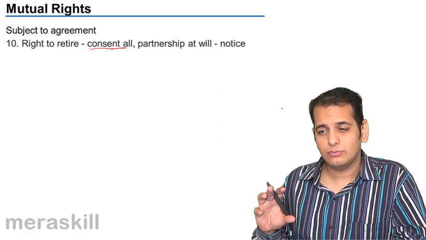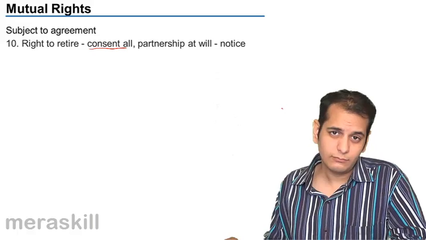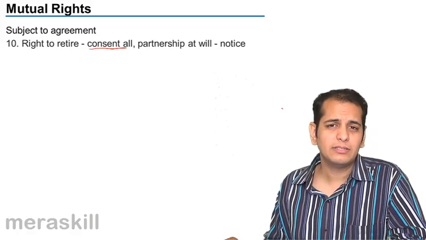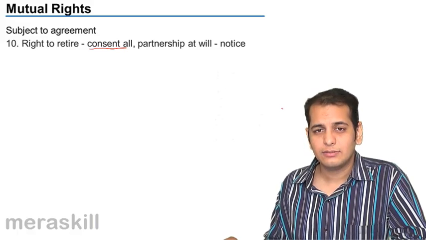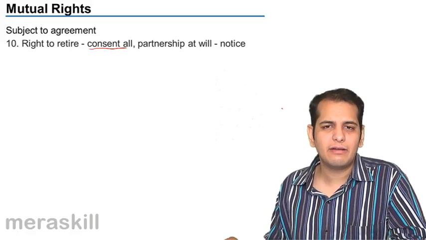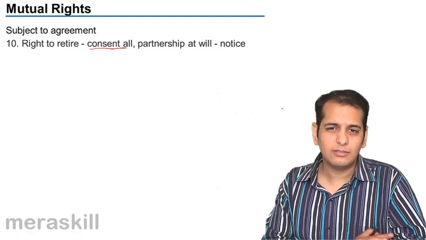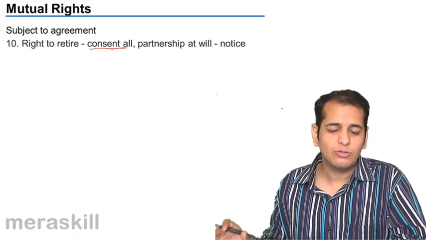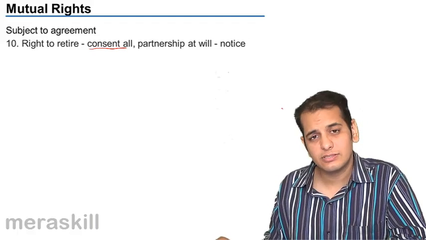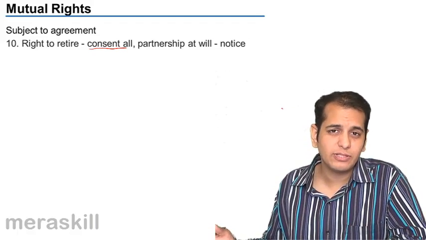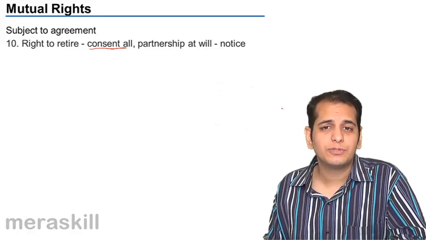Now let's say all the partners do not agree. There are 4 partners, out of which one partner wants to retire. The other 3 have to agree. So out of the 3, 2 agree, but one does not agree. Now what does he do? Does he have to stick with the firm for his life? No. The other option that he has is